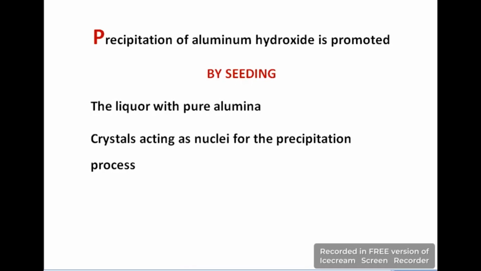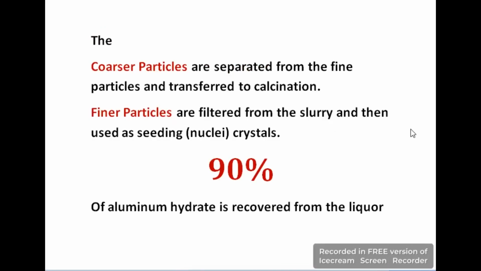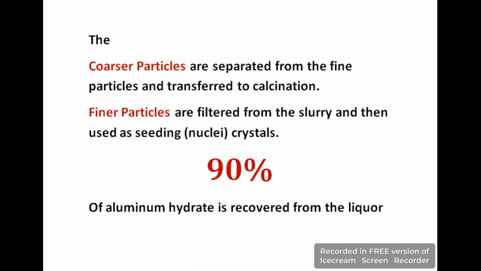Seeding is a process in which we provide pure alumina crystals, and these crystals act as nuclei for the precipitation process. So during the precipitation process, we get two types of particles. The first one is coarser particles, which are larger particles, and the second is finer particles. In the form of these two particles, we extract 90% aluminum hydrate from this liquor. The coarser particles are used for the calcination process in further proceedings, and the finer particles are used for the seeding